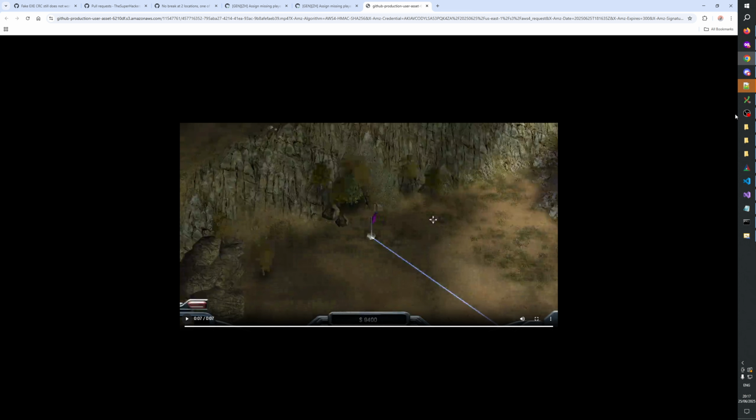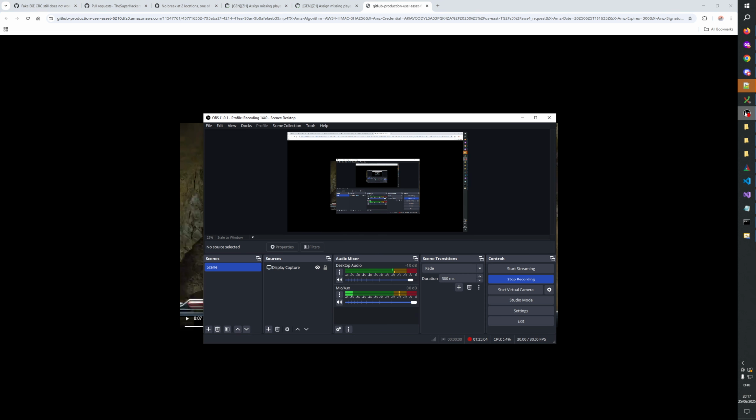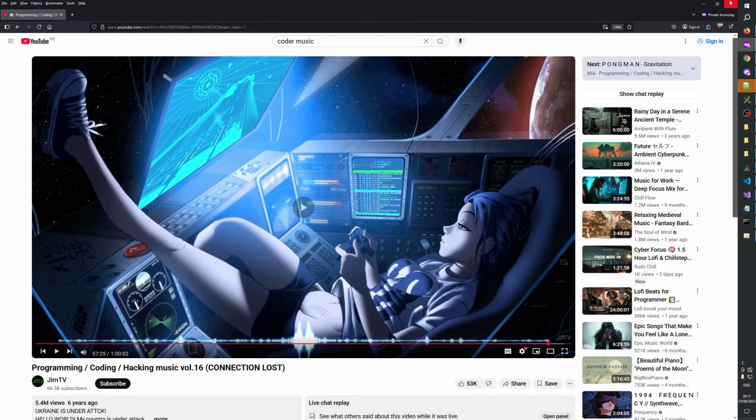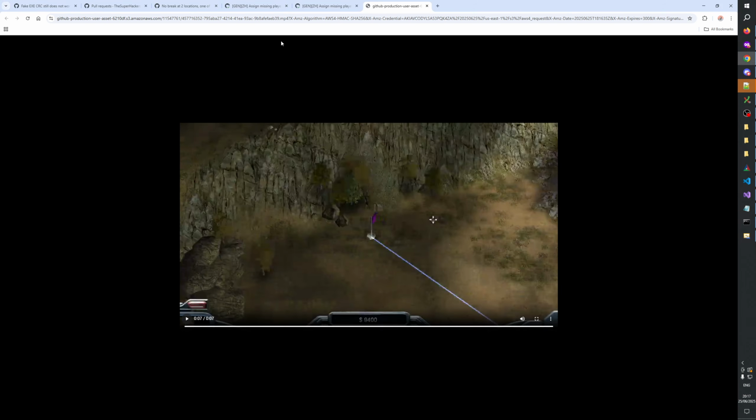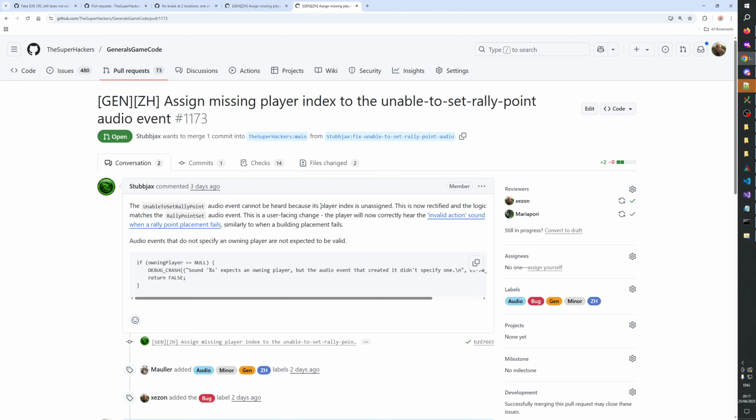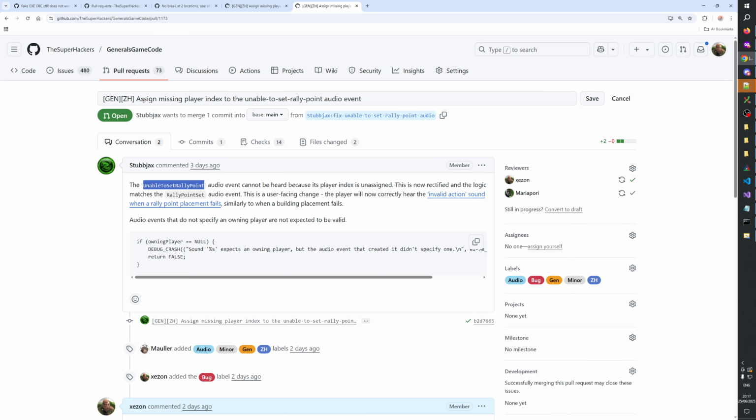Yeah, I guess it makes sense. Unable to set rally point. Okay. Then how about we describe this as fix